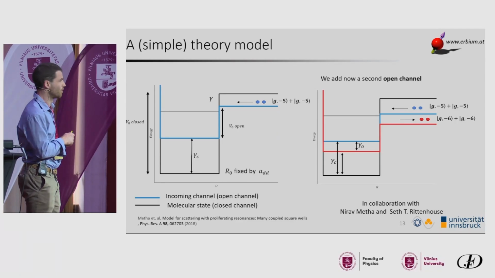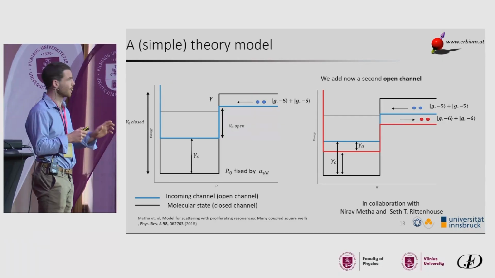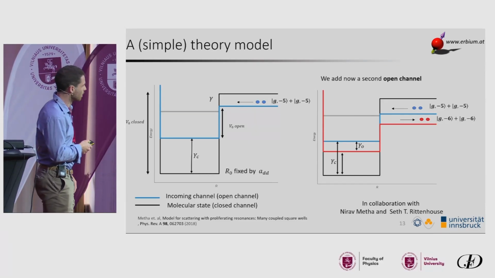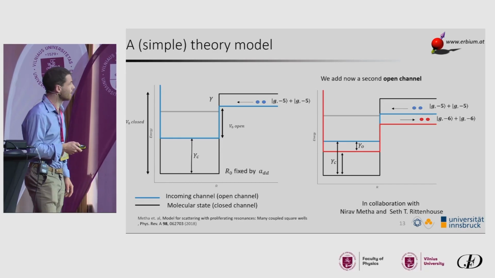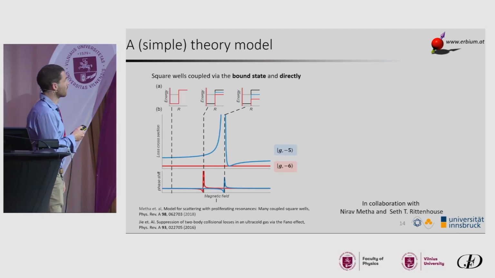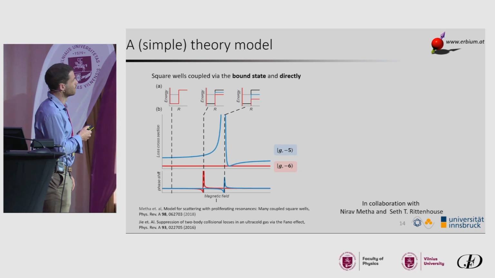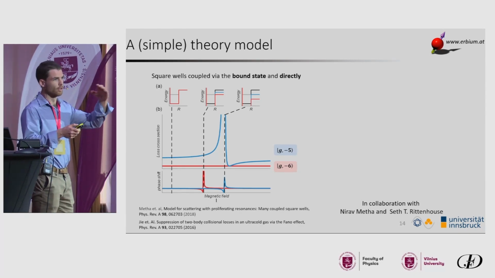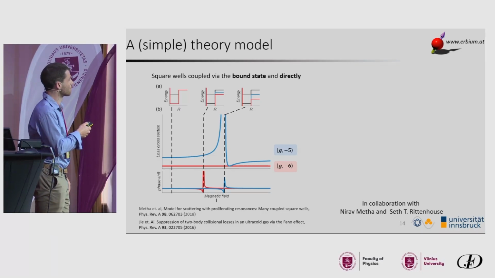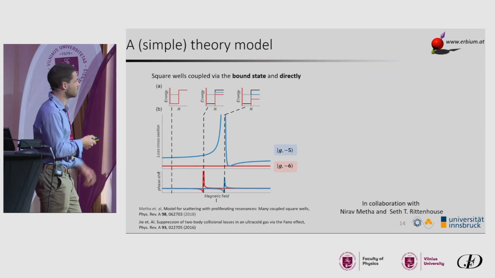Then we try to put some realistic parameters on this model. I mean, this square well model is very far from what is really happening with lanthanide atoms colliding. But we try to put some parameters, and we fix the size of the square well by the dipolar length. What we see is a very nice thing: this is what will happen if you change the magnetic field. The levels evolve differently with magnetic field due to the Zeeman effect. You get a first crossing of the -6 with the molecular state. Nothing is happening, just the scattering length is changing, because you create a molecule, then you go out again, and this changes the scattering length.